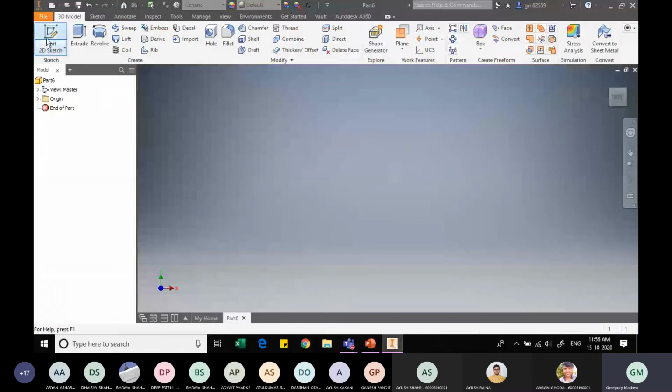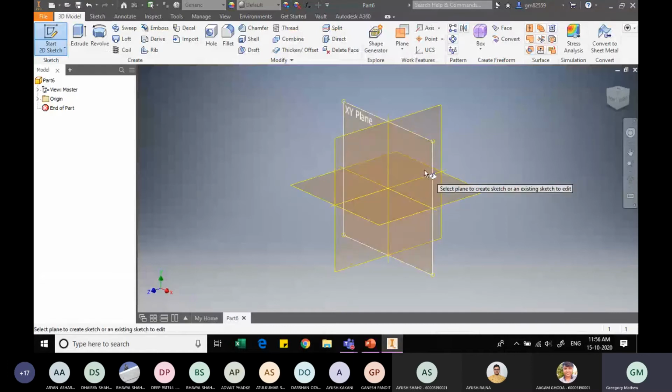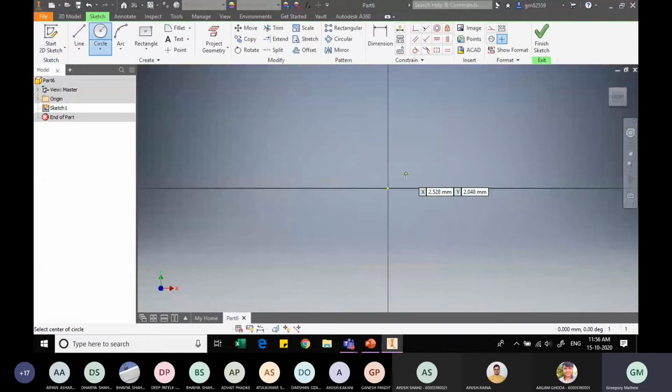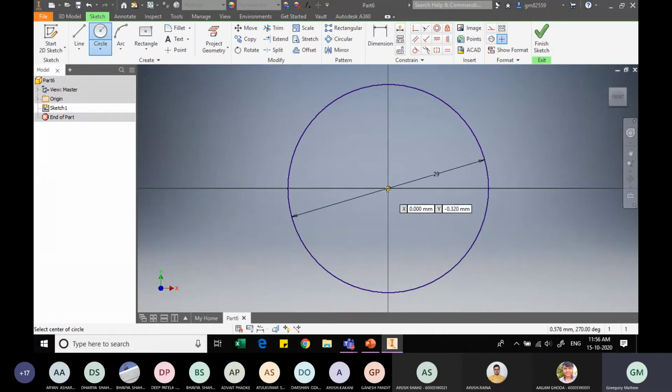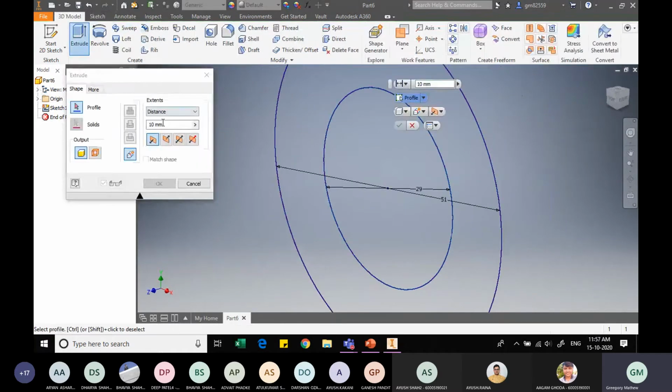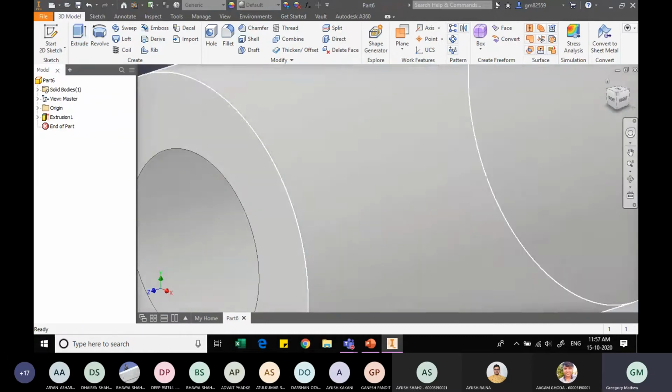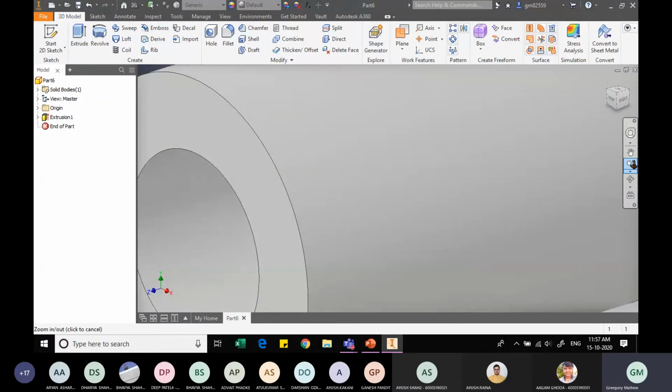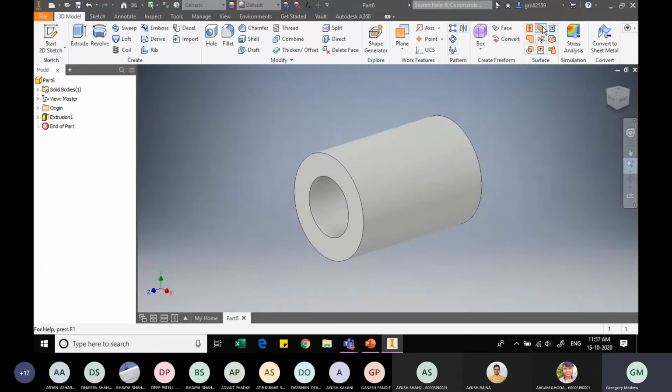So going to sketch, start sketch. On the front plane, creating two circles, one which has a diameter of 29 and the other which has a diameter of 51 as just discussed. And let us finish this, extrude this sketch to both sides symmetrically such that the total extrusion length is 73. Let me select the sketch also, 73, and now let me reduce the overall size so that it becomes visible. Yeah. So done. Now going back here.